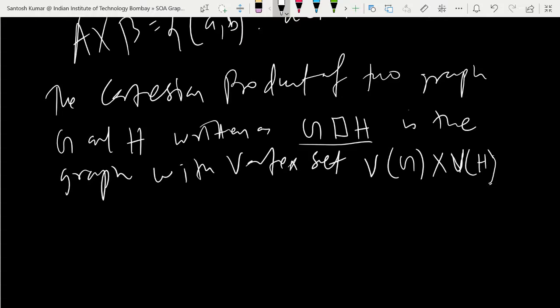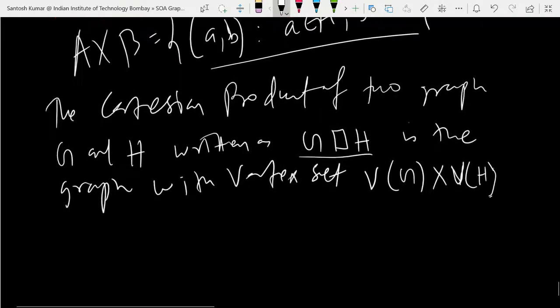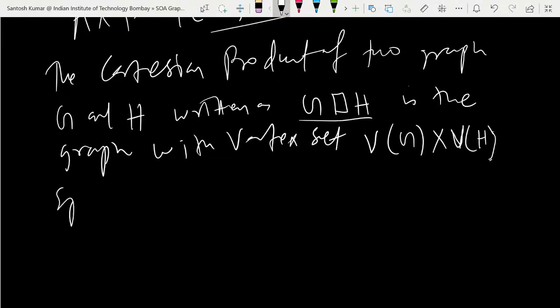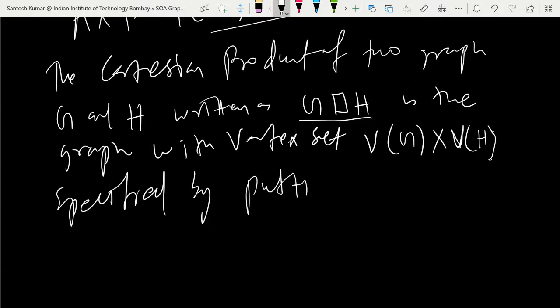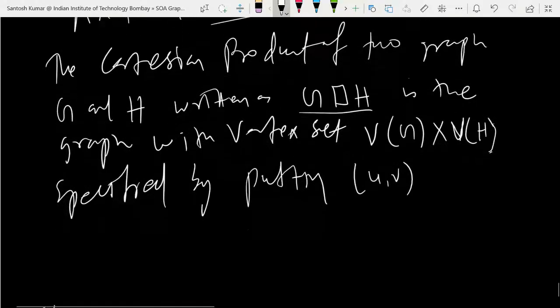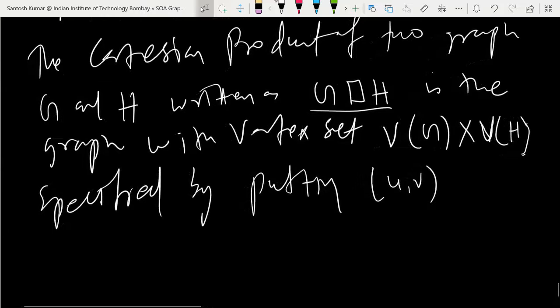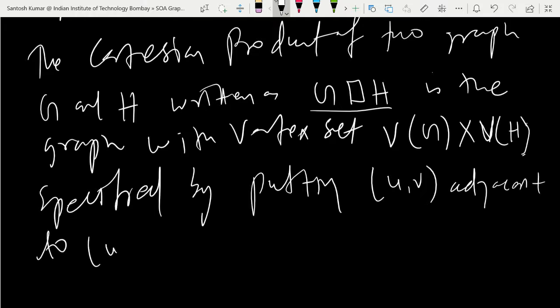So Vg is the vertex set of G, and Vh is the vertex set of H. You know the Cartesian product of two sets, we define like this: the vertex set is specified by putting (u, v), where (u, v) is adjacent to (u', v') if and only if